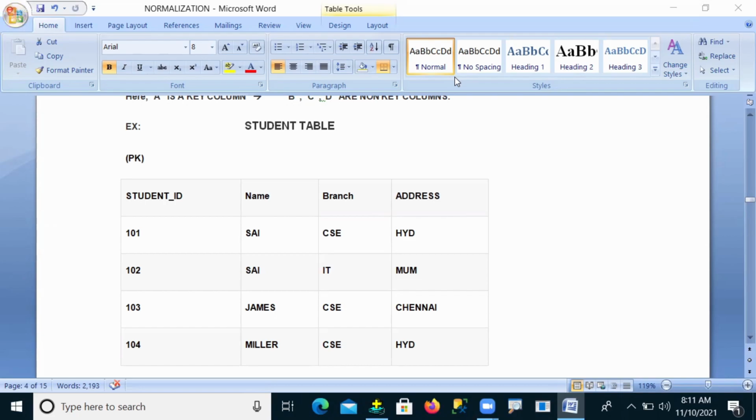That's why in any company, every employee has an ID number, because that ID number is called a primary key. So based on that ID number, that employee's complete details we can retrieve from the database.